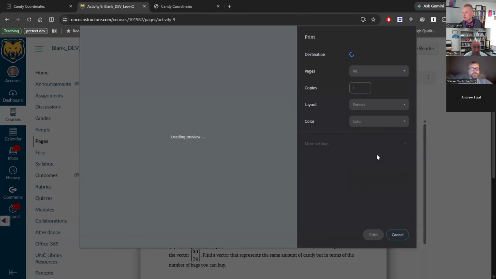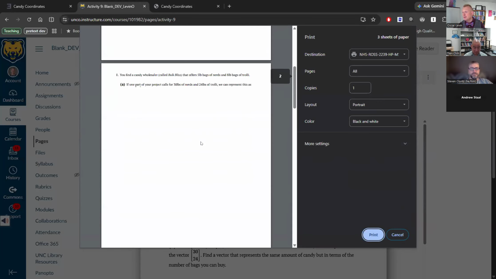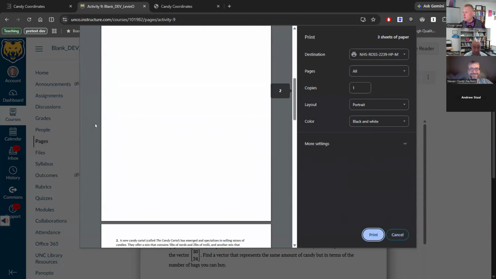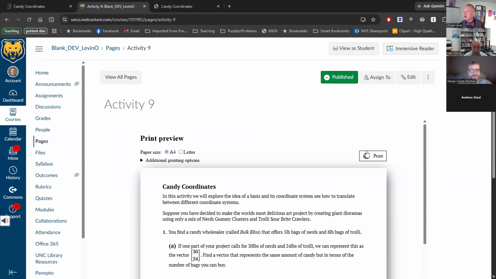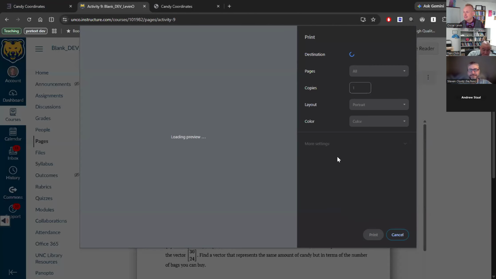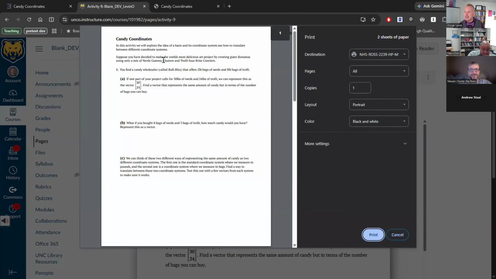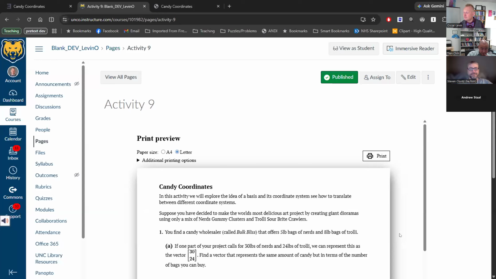I go to print here, you'll see it looks, well, that didn't work correctly, but when it's working correctly, which is usually, it's because I set it to be A4 style. I don't live in Europe. I don't have A4 paper. I have letter paper. I get the nice version of it that students can print out or save to a PDF. And so I just do this throughout the semester, working on my own computer using the free open source